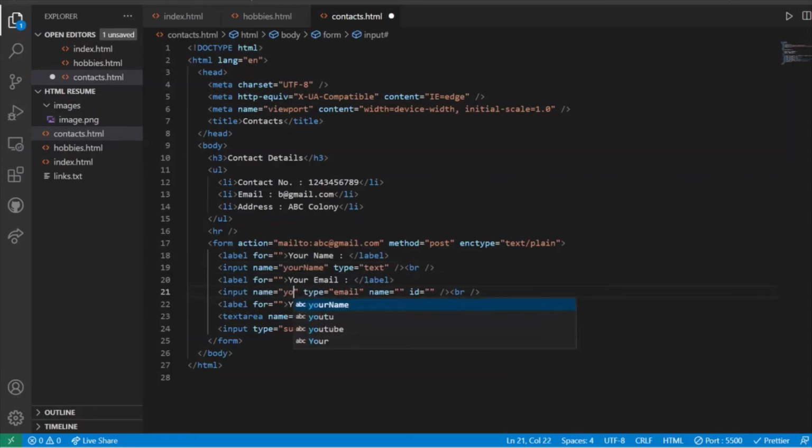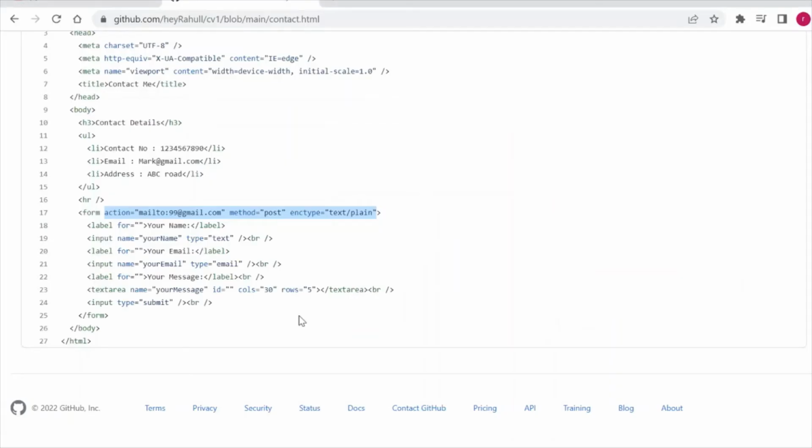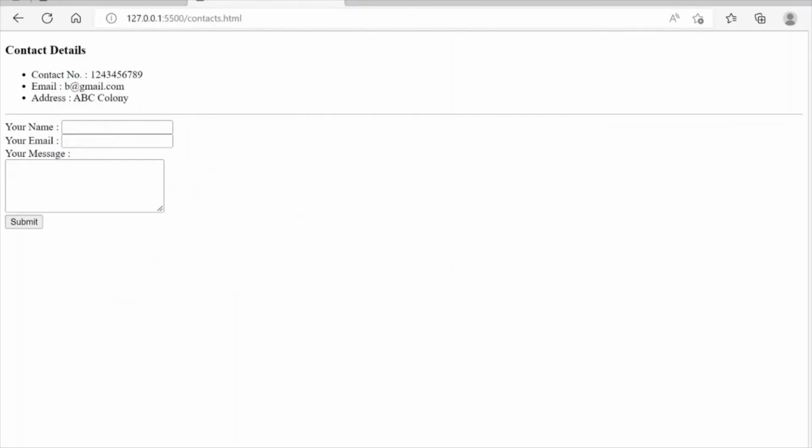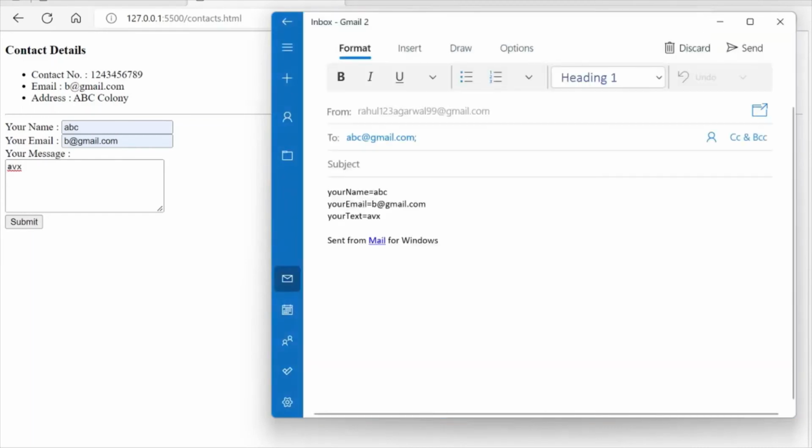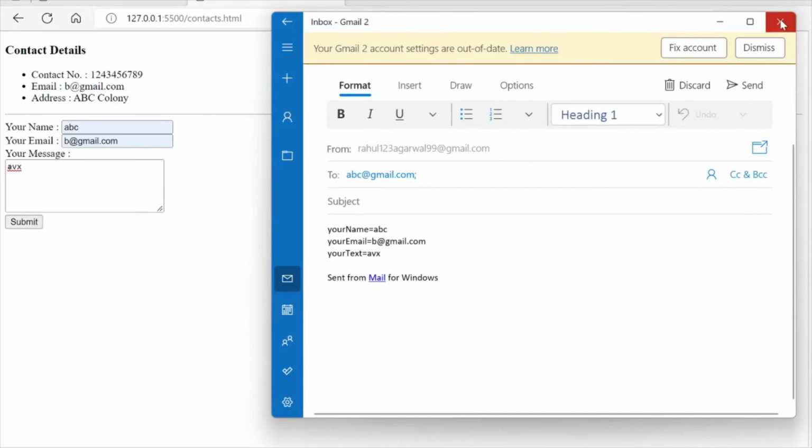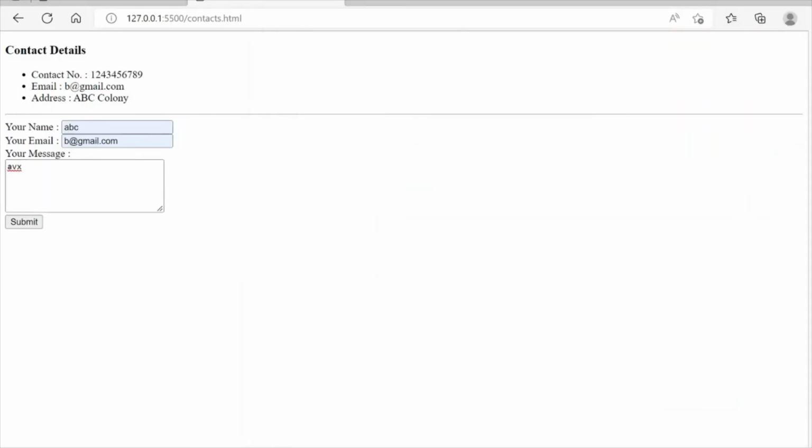your email, and similarly, okay, so these two are the details that we needed. Similarly, for the text area, I'll add the name as your text. Now when I click on save, let's see whether we have attained this functionality or not. So let's type something. When I click on submit, it is opening the mailbox and it is also displaying the information which I have entered, right? So this is how the form works, right?